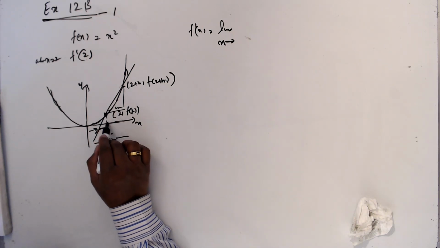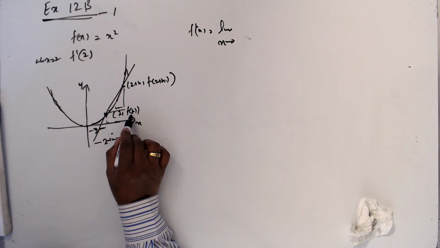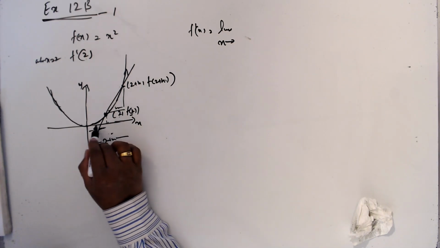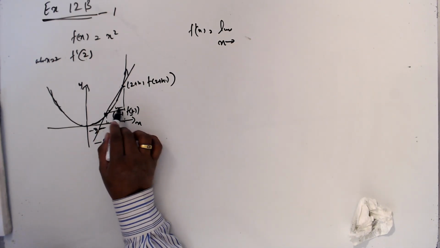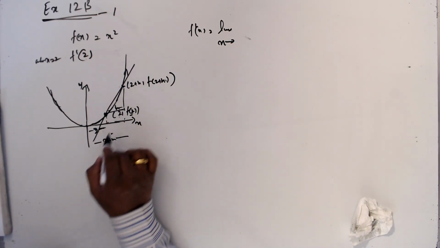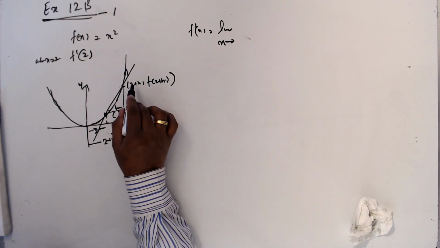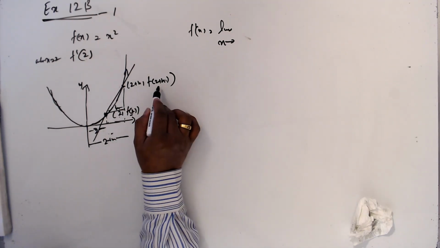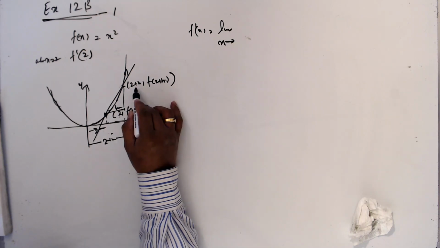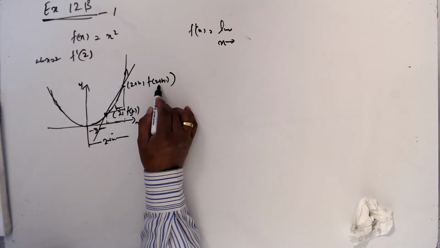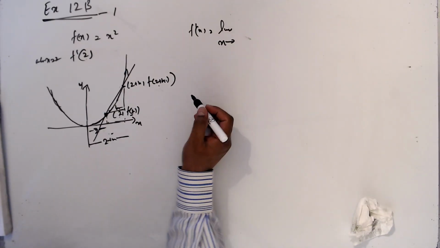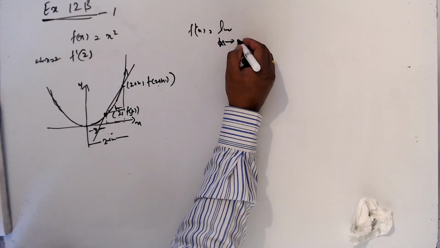This point is 2, then the y value is f(2), then we took a point h away, so this length is 2 plus h, so the x value is 2 plus h, and then the y value is f(2 plus h). That's all. Then limit h goes to 0,